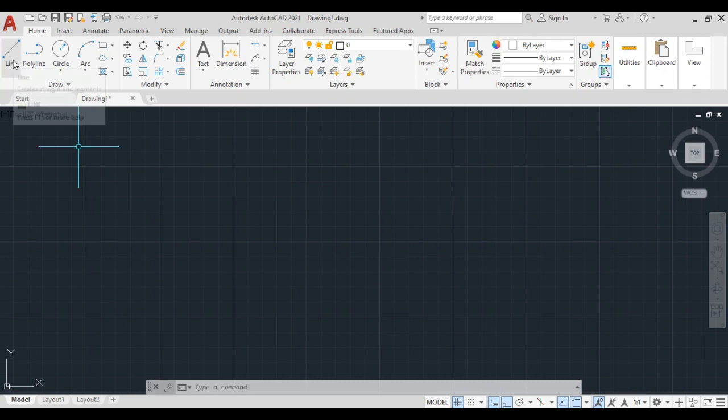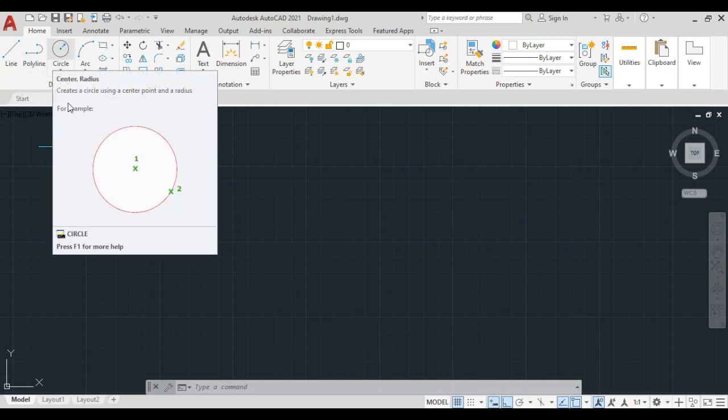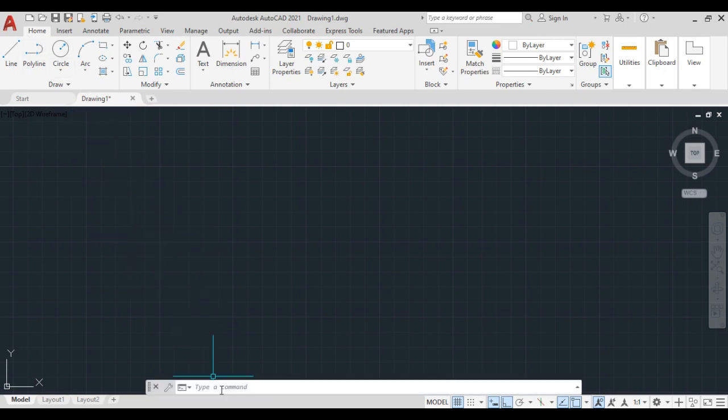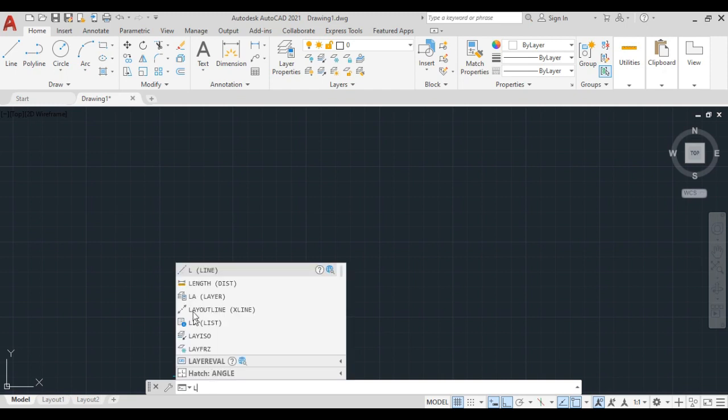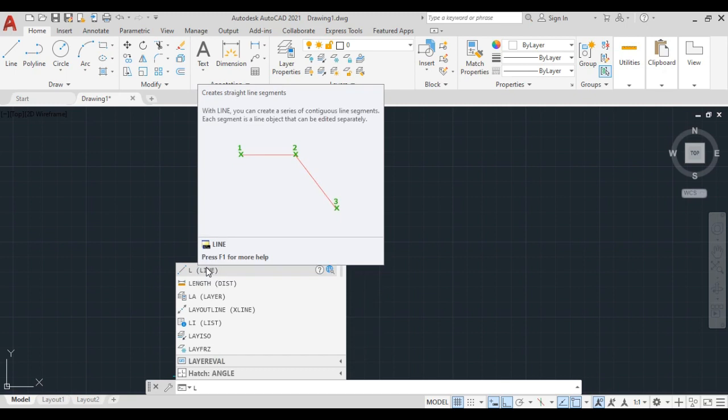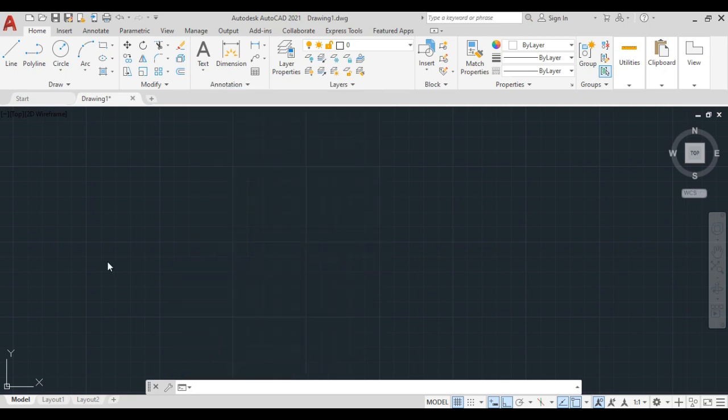We take line from here and we take circle from here. We can also take circle and line from here. For taking line, just press L. This is the shortcut key for the line command. If you press only L, you can see the line command option is available. You click over here, or simply press L and enter.